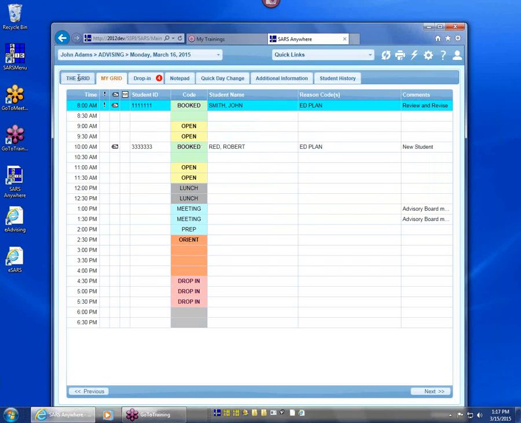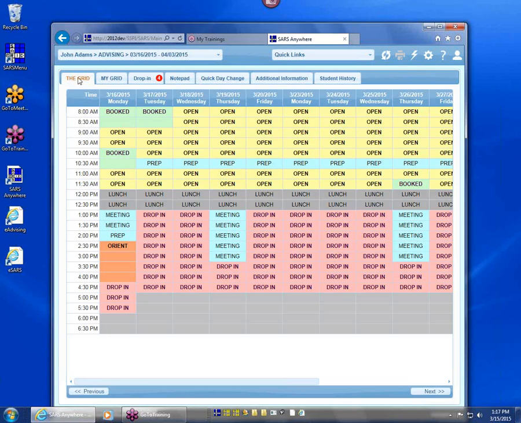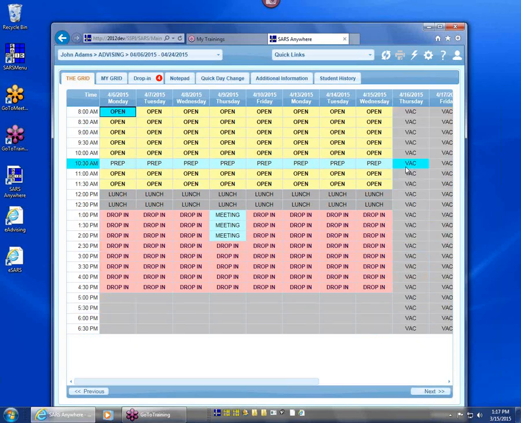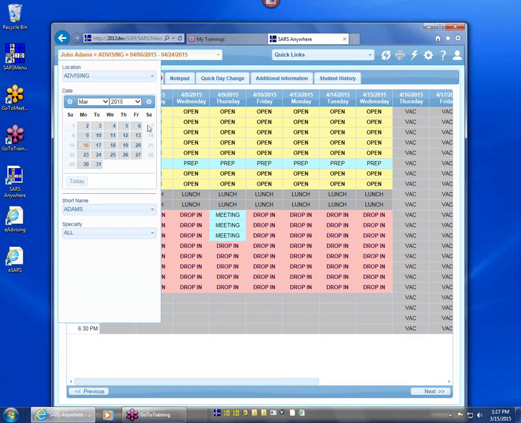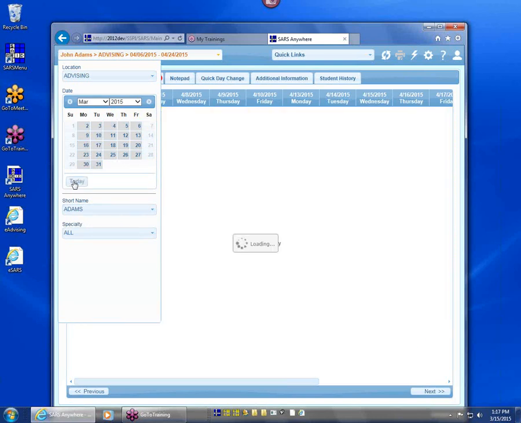So if we go back to the grid for just a minute here. Most of the stuff I've already talked about a little bit, but let's just go back and review it again real quick. You can see when I first come up here, it comes up in my mode, multiple dates. I can see my schedule for multiple dates. And based upon the number of days that are set up, I can jump forward that number of days at a time looking at future dates. Got a vacation coming up. That's exciting for that person. Anyway, if I want to go back to today, all I got to do is go up here to the flyout menu and click on today, and it brings me back to